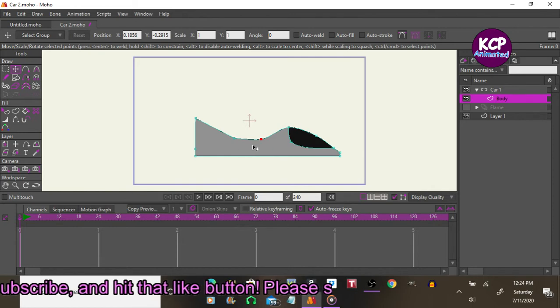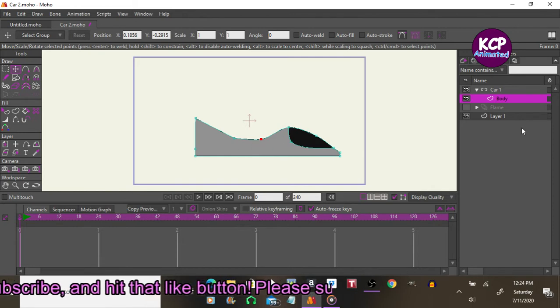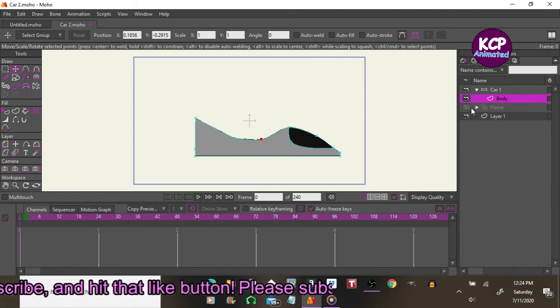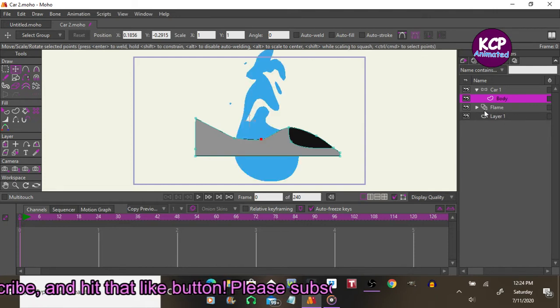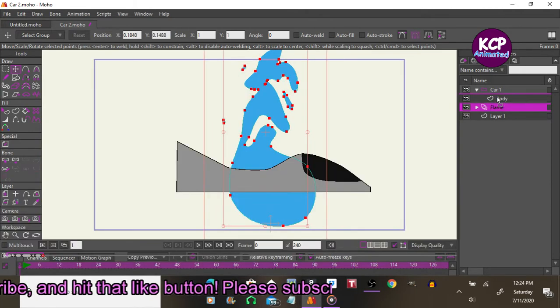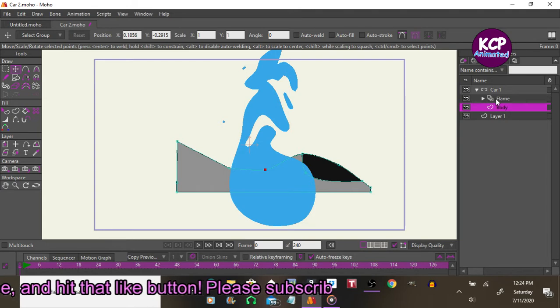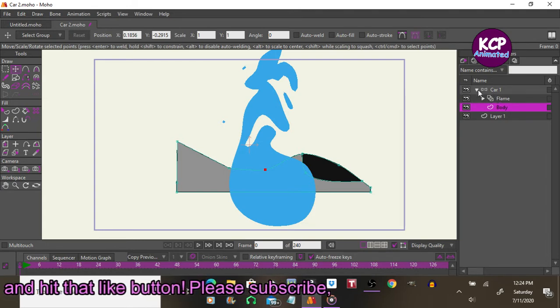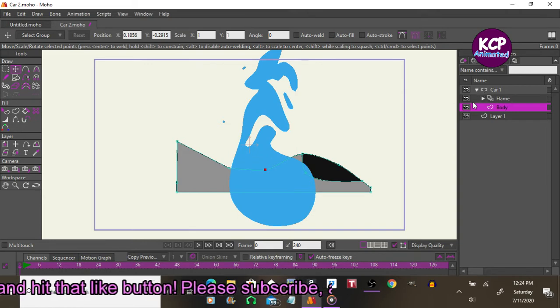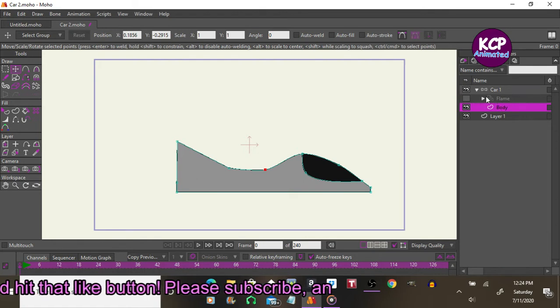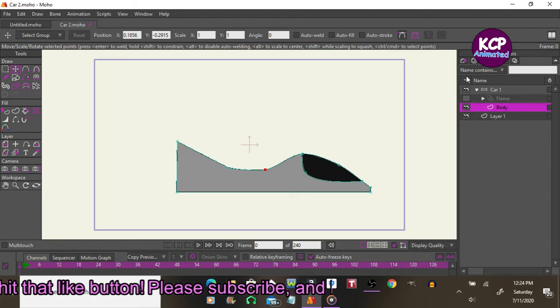So that's what I want to see. So I'm gonna go ahead and move this flame into the car layer 1. I know that it doesn't look like anything right now, just two shapes, just bear with me. Hide this flame right now. Let's work on the reference layer